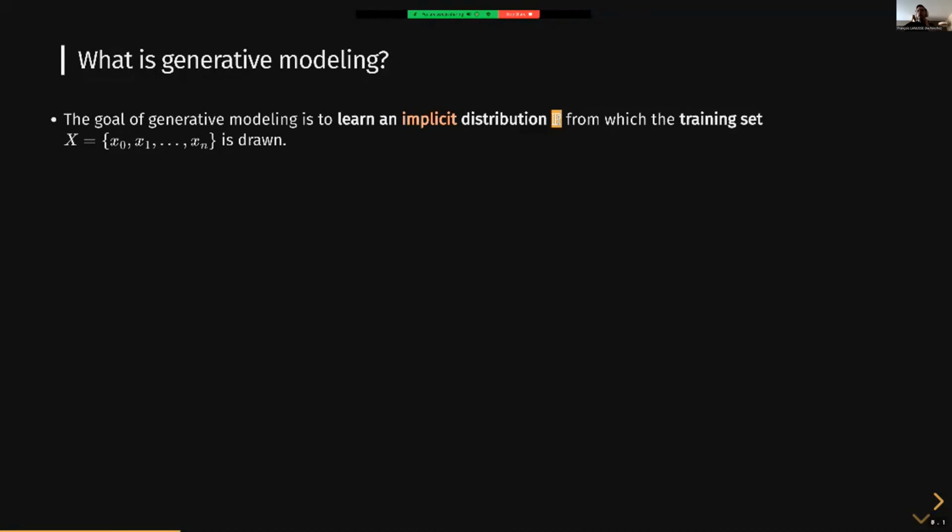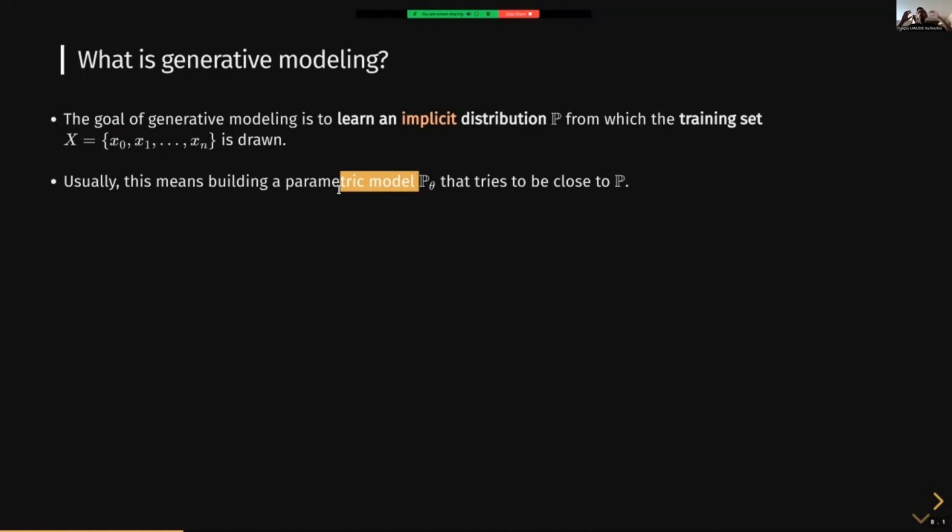But what you do have access to are samples from that distribution. So from these samples, the goal here is to build a parametric model for your distribution that you will try to fit to this unknown true distribution P just by having access to the samples. And then when I've done this fitting, this model distribution will typically have an analytic form that I can then use downstream in the problems that I care about.